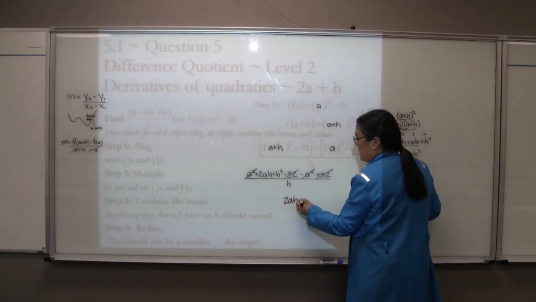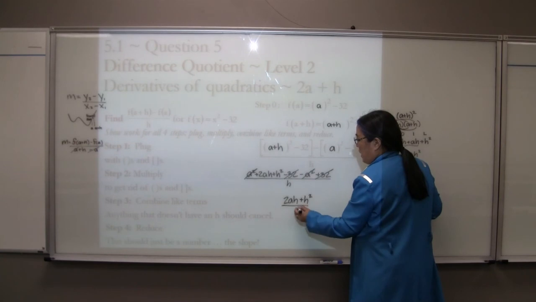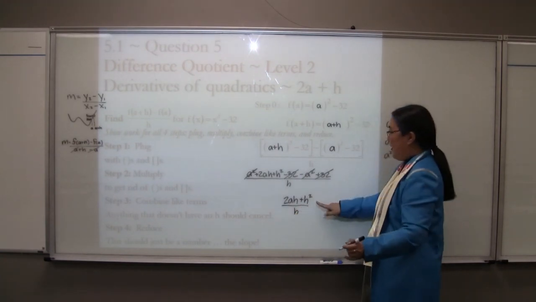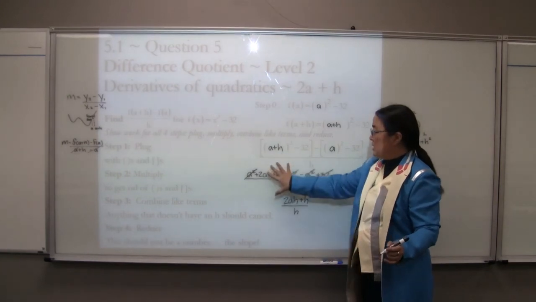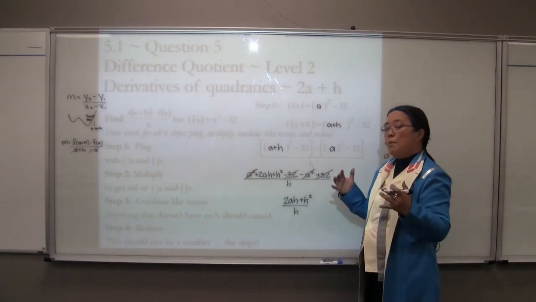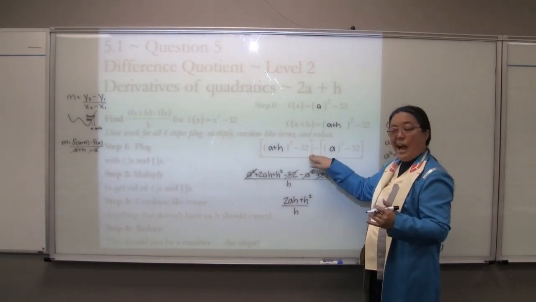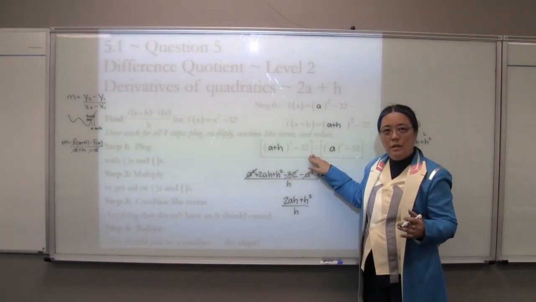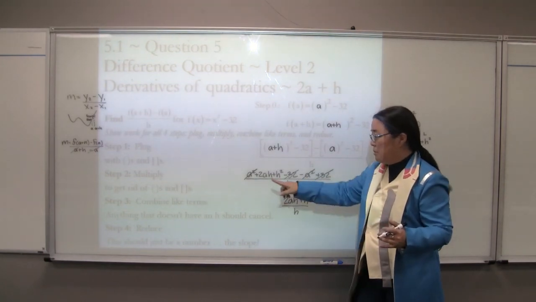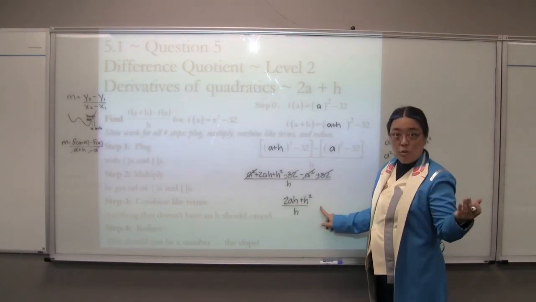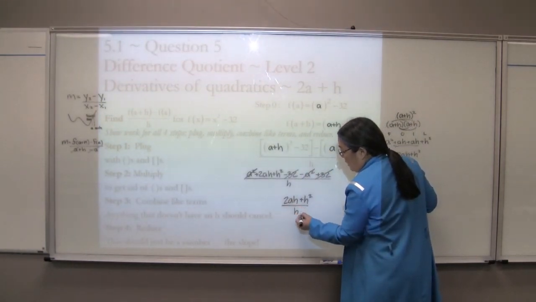A lot of students want to go on to the next step and save some writing. Don't do it. This step is one that a lot of students try and skip over because they try and mush it together here. Part of what we're trying to do here in this algebra class is make sure you know how to plug into a formula, how to multiply, and what the difference is between multiplying and reducing, which is dividing, and adding and subtracting. So here,